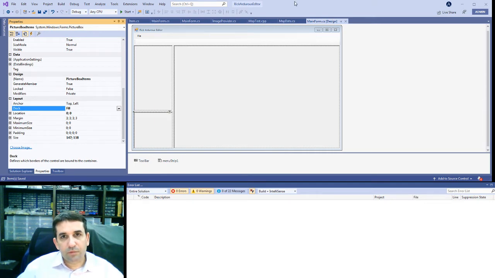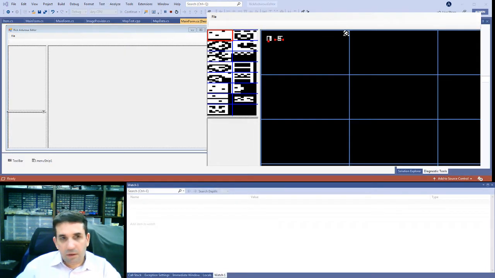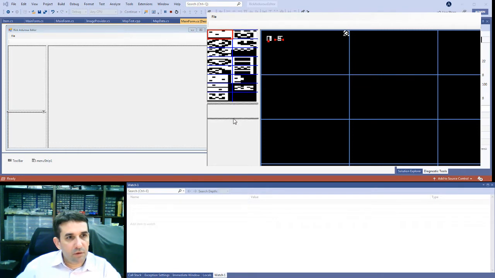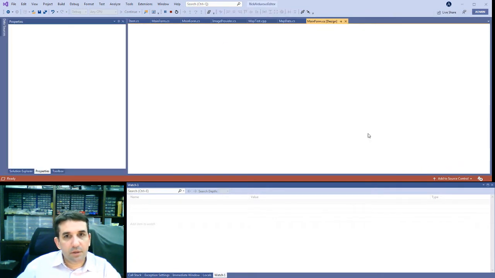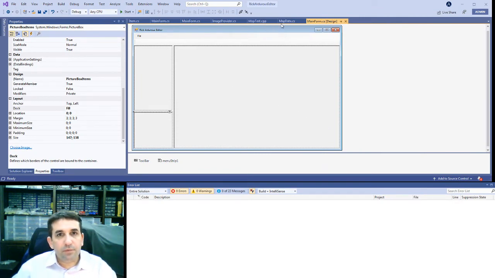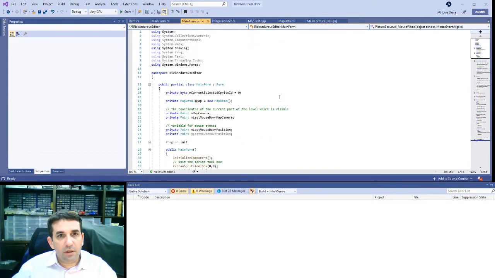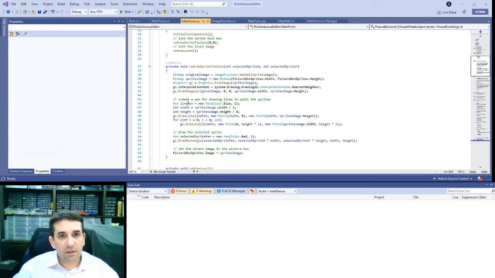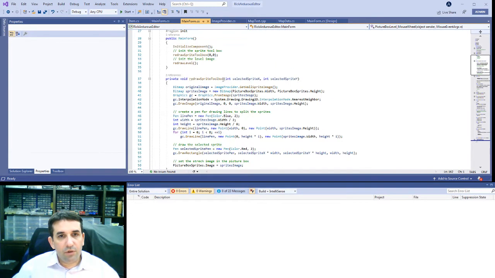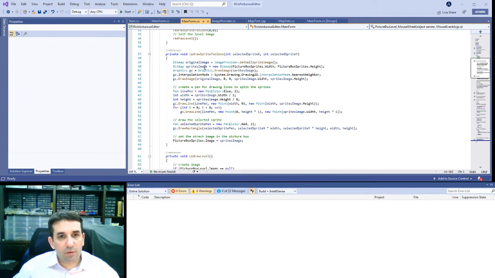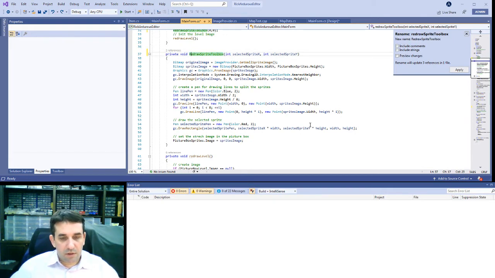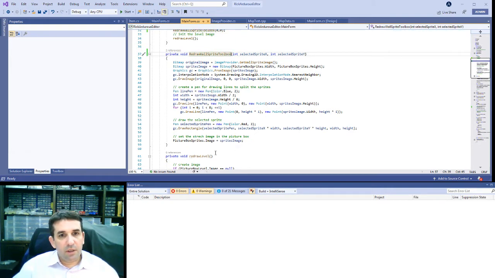So yeah, we have our new panel for the items. That's great. So here we should fill it. Redraw the level, redraw sprite toolbox. I will rename that wall sprite toolbox, and